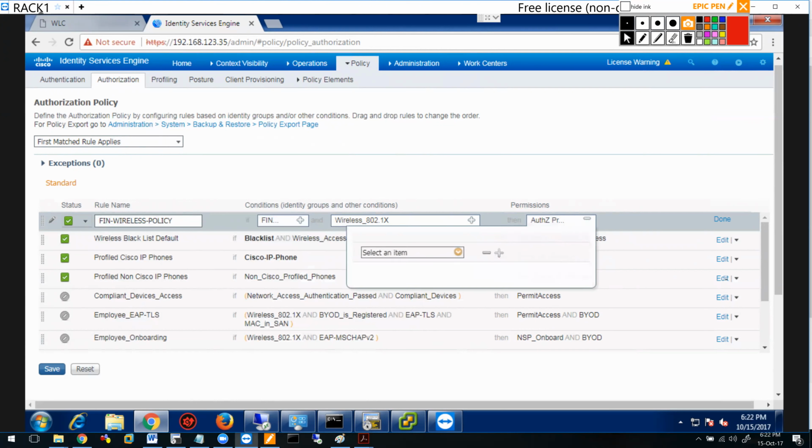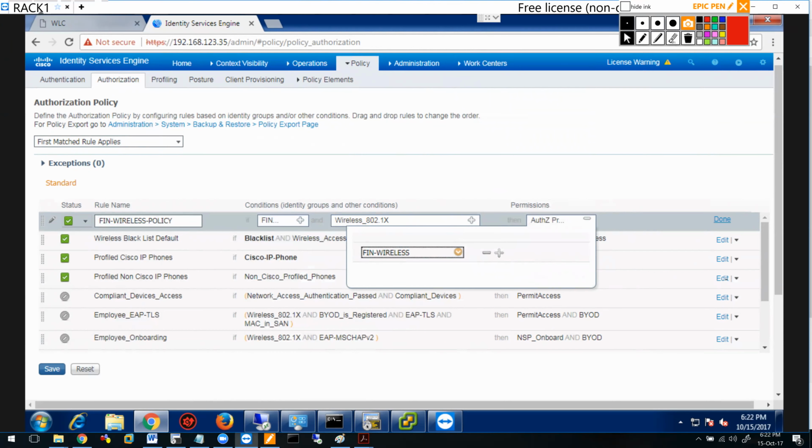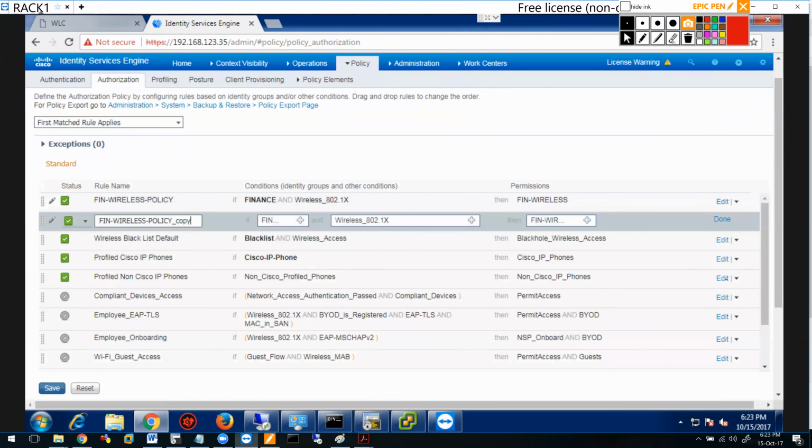Give him this profile. Which profile? The one that has VLAN 10 associated with it. So it creates it like that. That's the name of the authorization policy. Group finance, authenticated using wireless.1x, given this policy called fin wireless. This is the one that has what? The VLAN 10 in it. Similarly, I'll duplicate it above, below, it doesn't matter because these are different groups. I'm going to say